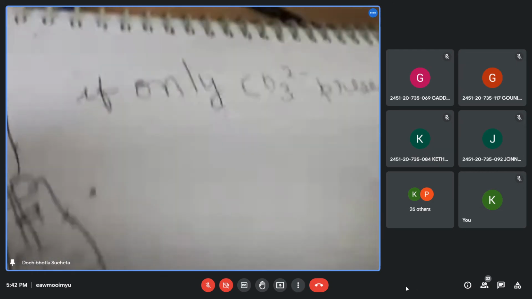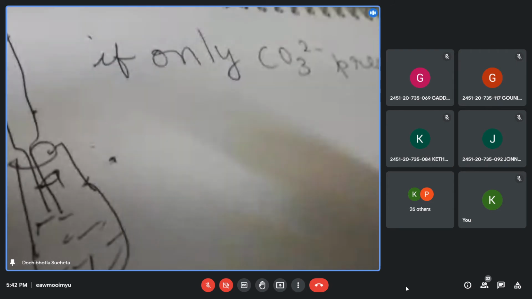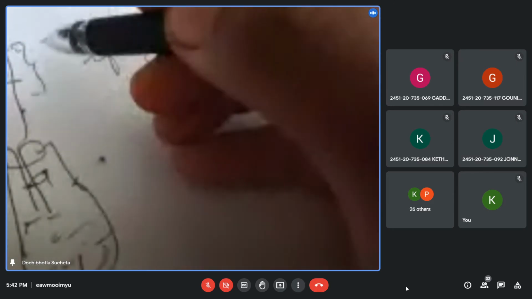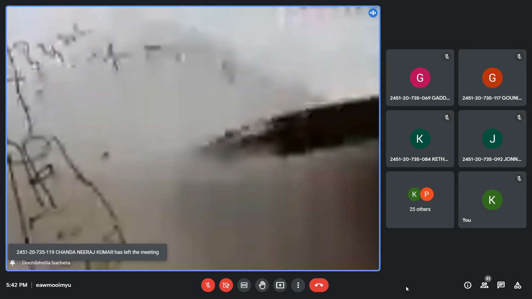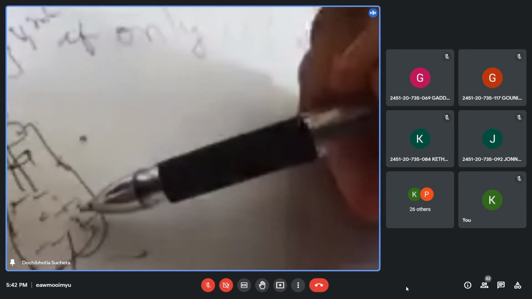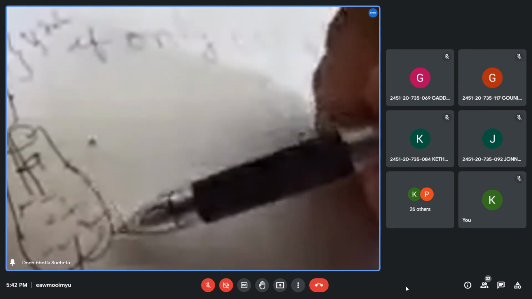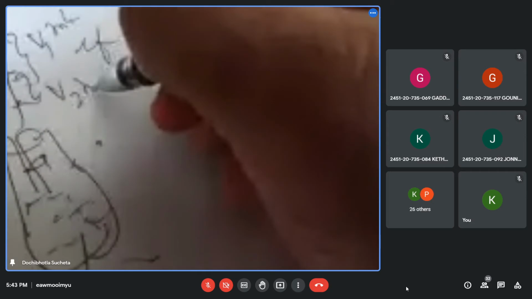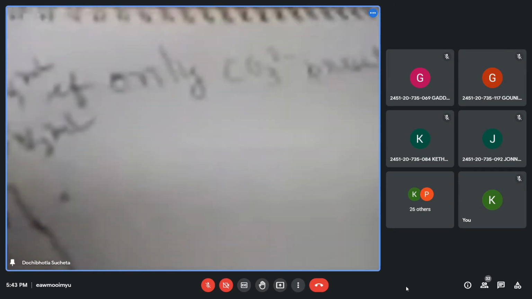Then, phenolphthalein initially will be pink in color. Upon titration, it turns colorless. The volume that got consumed is V1 ml. Now, at this point, I again add methyl orange indicator to the colorless solution. The solution turns, sorry, yellow in color. The yellow color turns red, and if I write down the titer value, it will be V2 ml. So, both V1 and V2 ml are present for this titration.